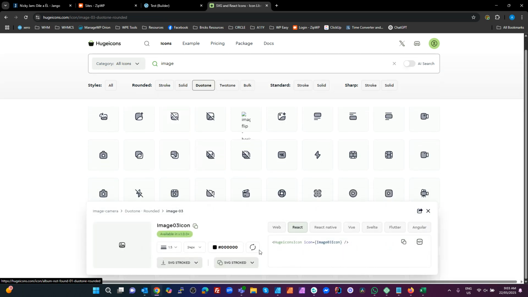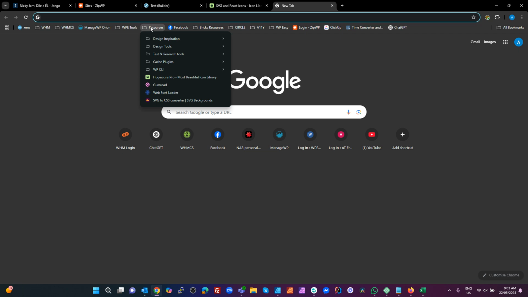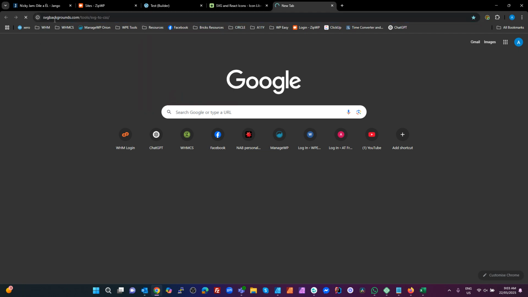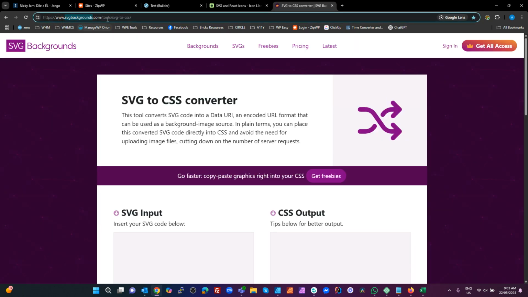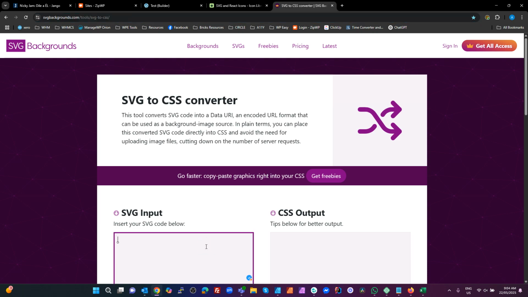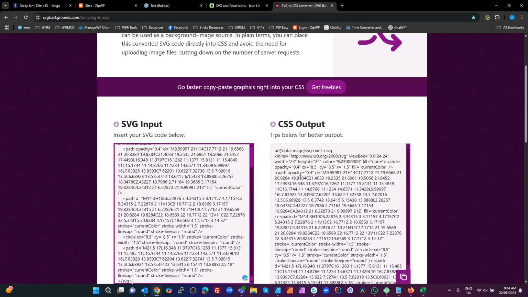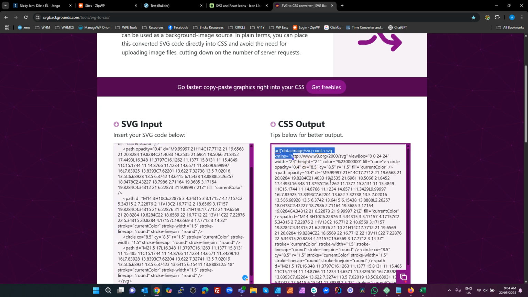And then we go to the bottom and we can see a copy. So I'm going to copy that to the clipboard. I'm going to go to another tool that I use. I think that's in my resources here. It is. And it's svgbackgrounds.com/tools/svg2css. It's the simplest one I've found because a lot of them you have to load the file. This one you just paste it into this box here, and there's your data URL that we need for CSS